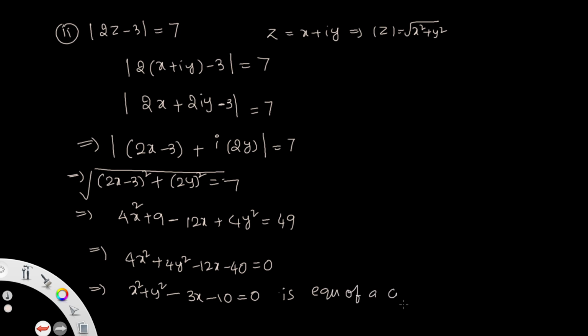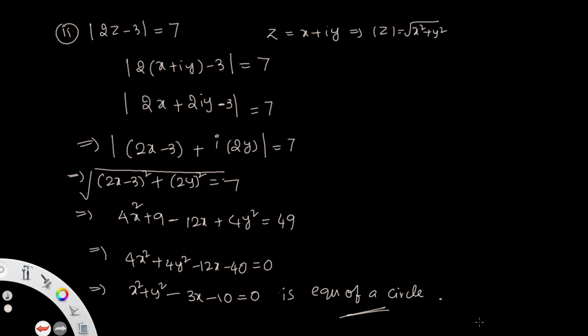circle with center as 3 by 2. Not necessary, the equation of a circle is enough. This is the value for finding the locus. Locus means the equation of a circle is the required locus. So this is the question. The first bit is over. Then go to the second bit.